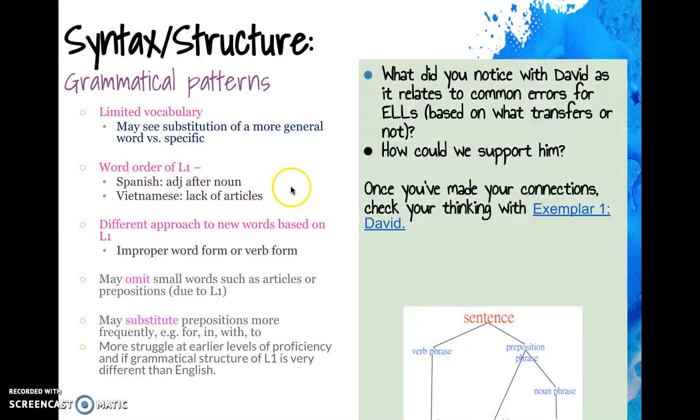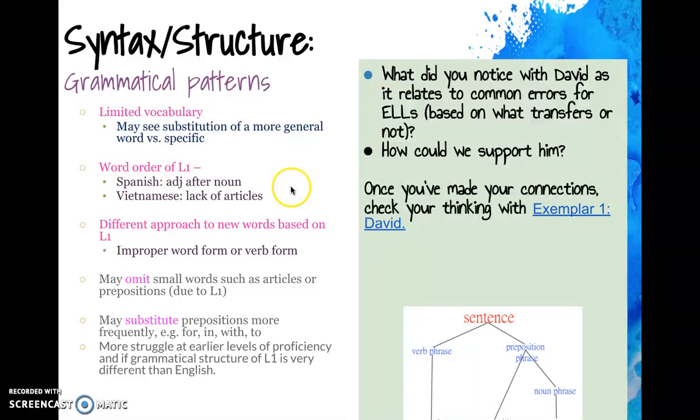Another thing that we saw with David is that there's a different approach to words based on the first language. For example, in Spanish, when students conjugate and use the past tense, they use different endings. You'll notice that he left off the ed sound in asked. This is not a common way that past tense is utilized in his first language,